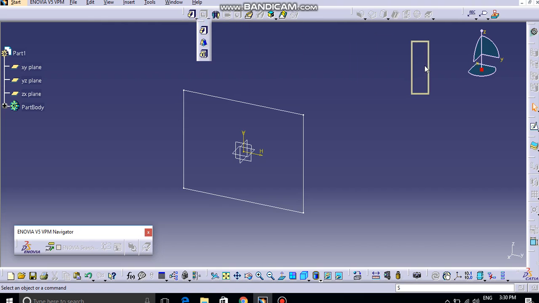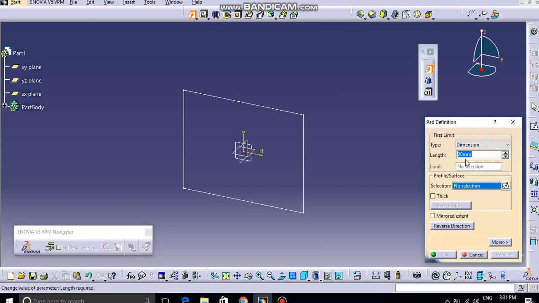options. Now inside this pad options we can see three different options: pad, the normal pad, the second one is called a drafted filleted pad, and the third one is called a multi pad. Now we are going to understand all these three options in different video tutorials. So let's first start with the pad option. You can select this pad option. Here it's similar to the extrude in SolidWorks basically.